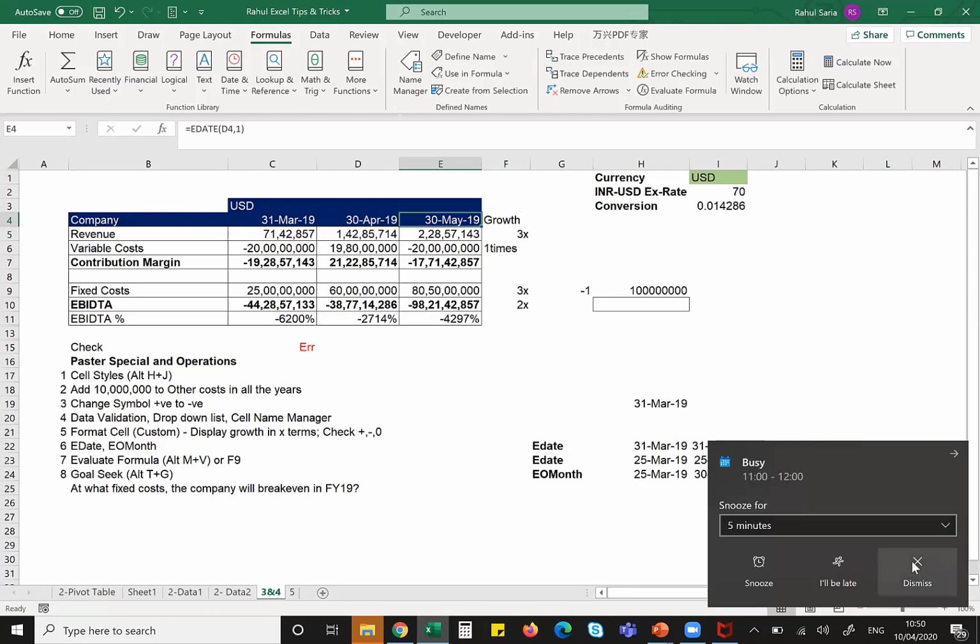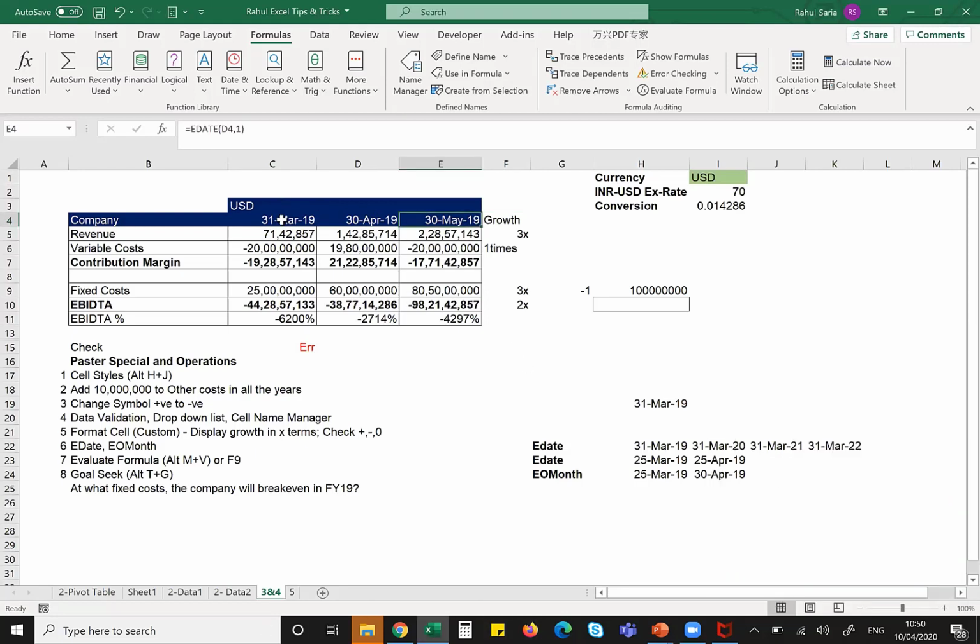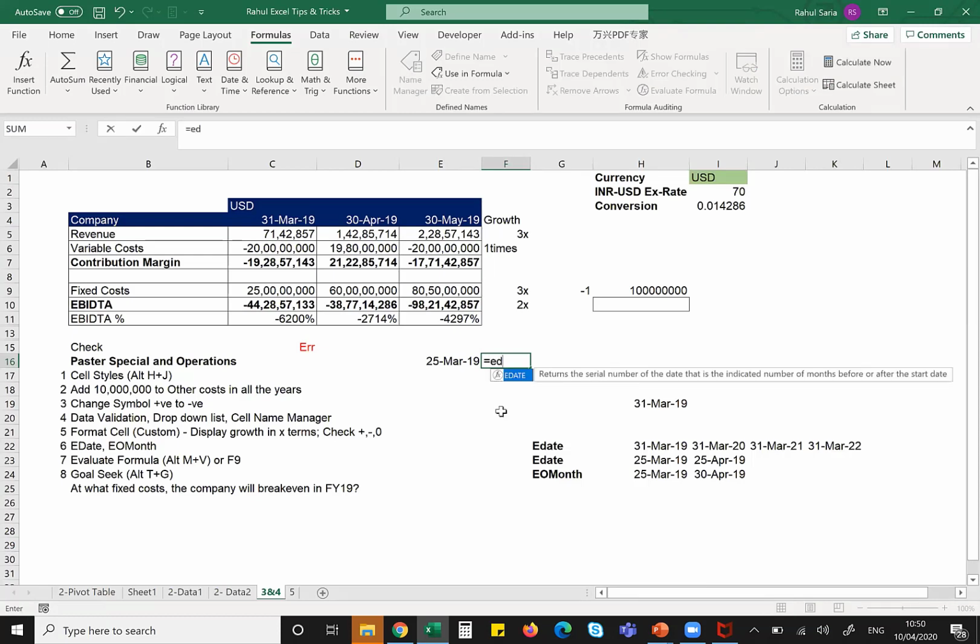Now, sometimes we have a date, say for example, 25th of March, and I need to calculate interest till the end of this month or maybe next month, right? Suppose I want a date of end of April. If I use EDATE and press 1, that is after 1 month.